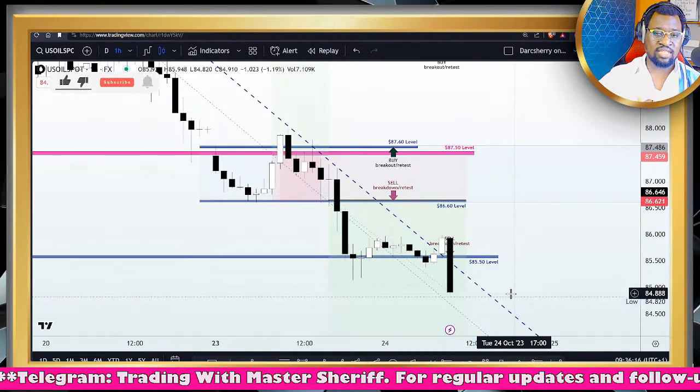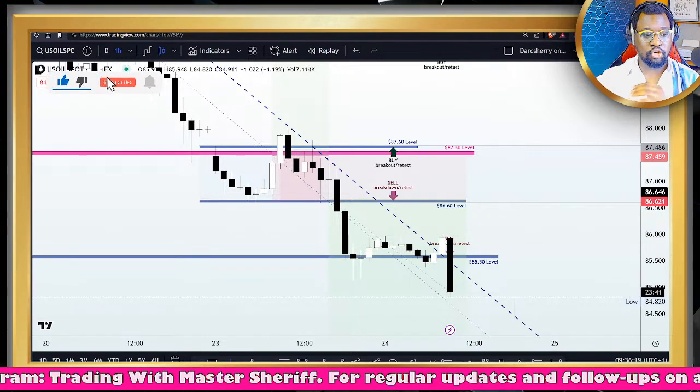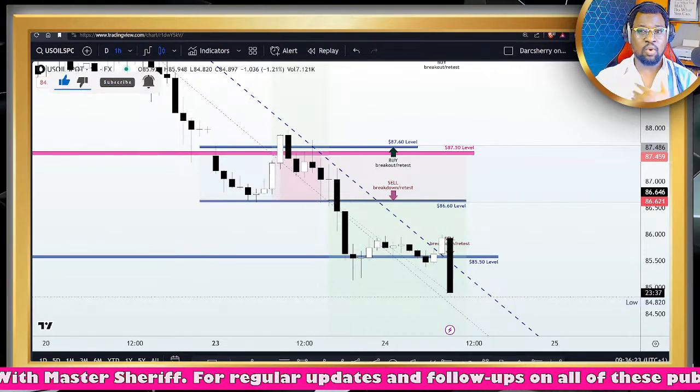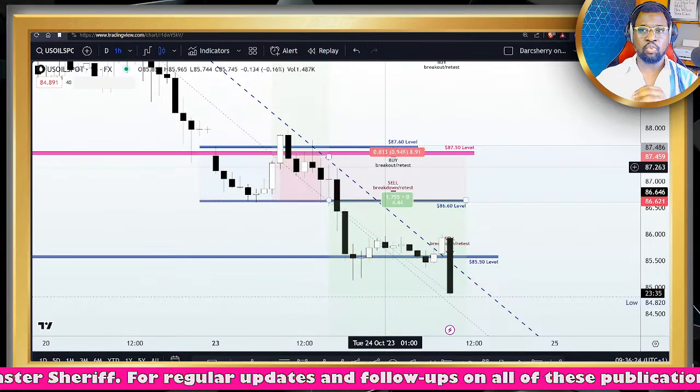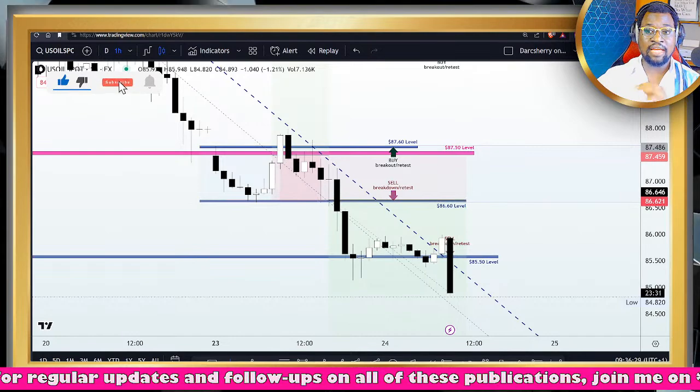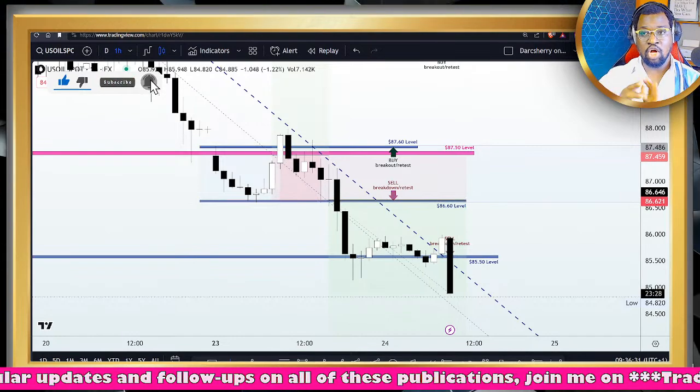So now, with a well secured position at this juncture, what is going to be our next line of action for today? What are our plans? What are we going to be doing? Are the sellers going to continue the momentum to the downside, or are there chances that buyers will come in?